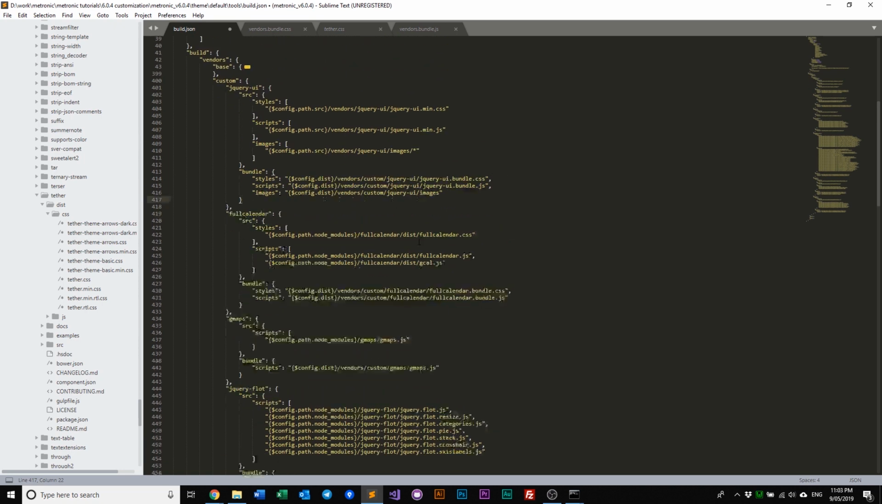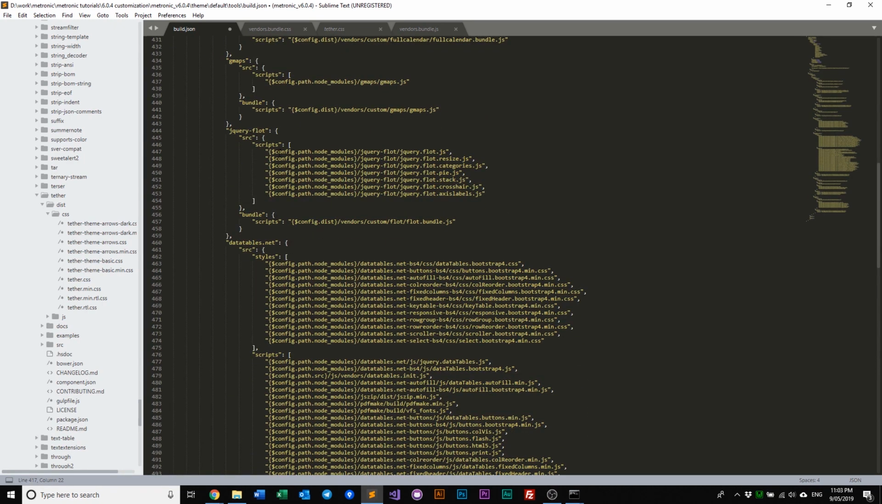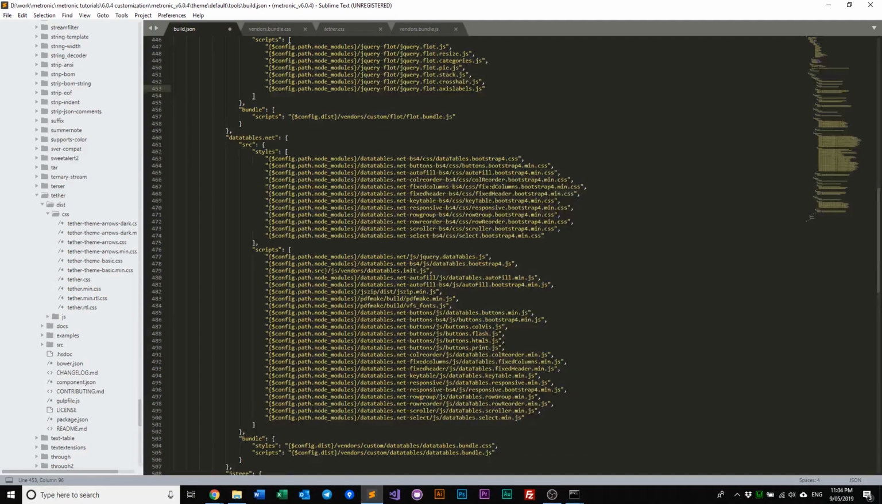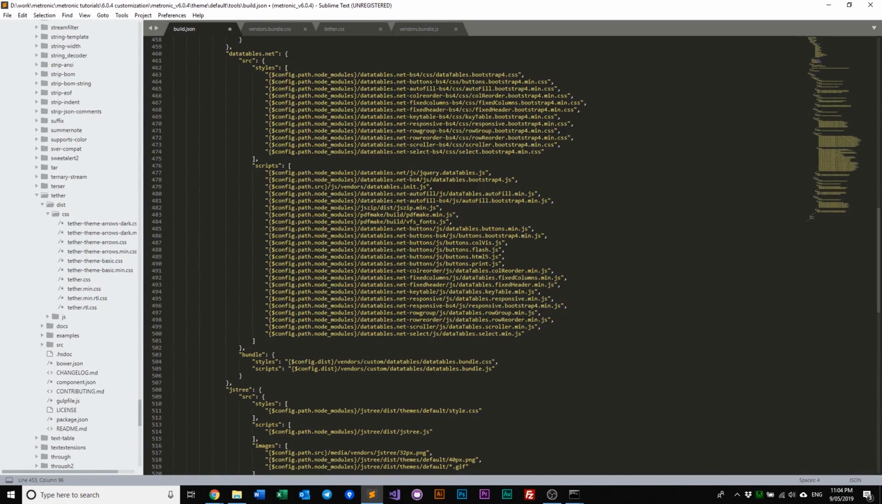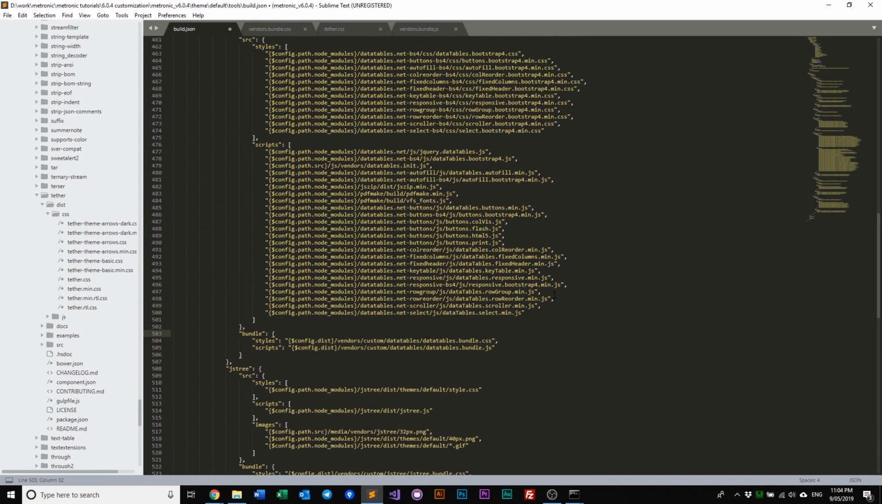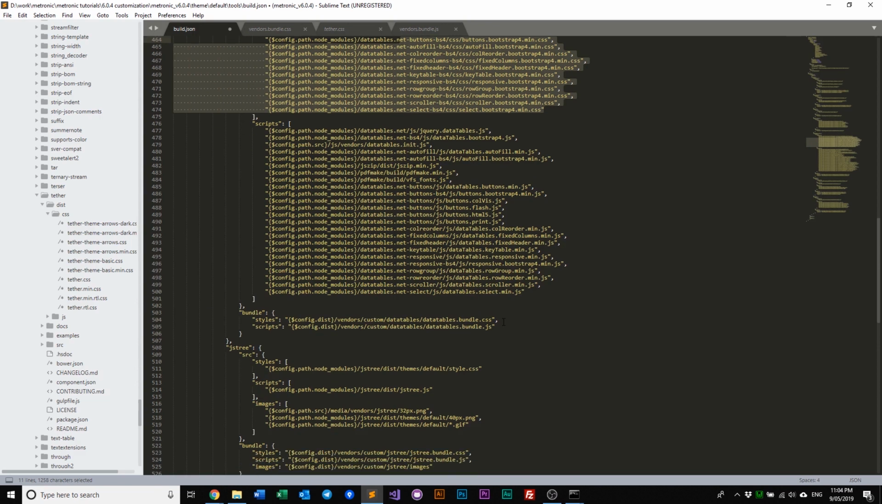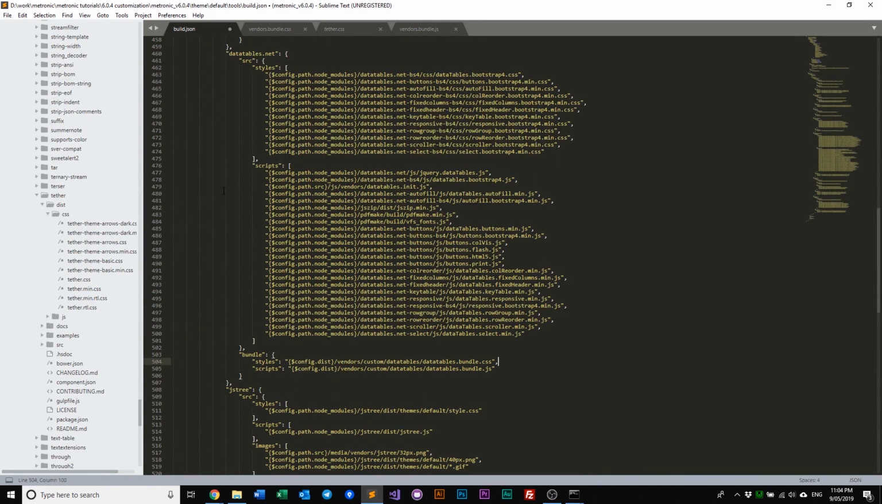If you have a look at, say, our jQuery Flot, we have a lot of JS files that we need to bundle up into a single JS bundle so that we do not need to include so many files. Similarly with our data tables, we are bundling all our styles and all our JS into just 2 files. So instead of so many lines of include files, you just need to include these 2 and you're good to go. So the concept behind this is